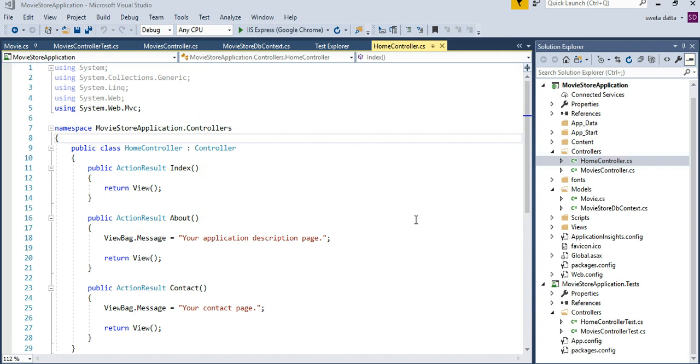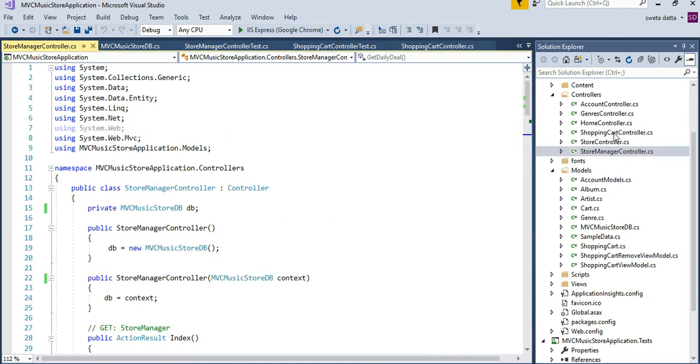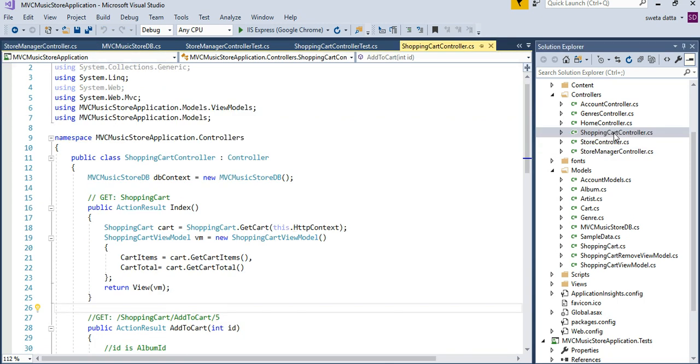So like I said before, we want to be able to test code in small chunks, and we want to be able to test them in isolation. For example, I have this MVC Music Store application here. If you just look at the shopping cart controller, we added a business logic layer, if you remember.